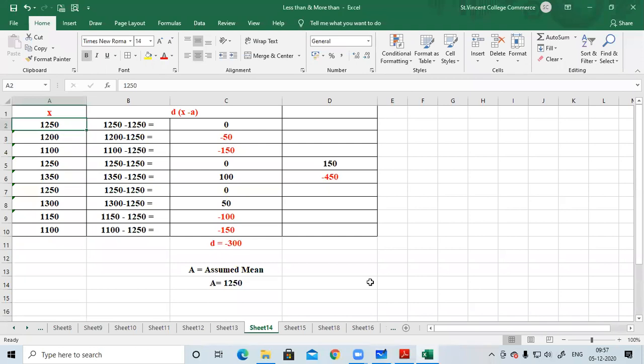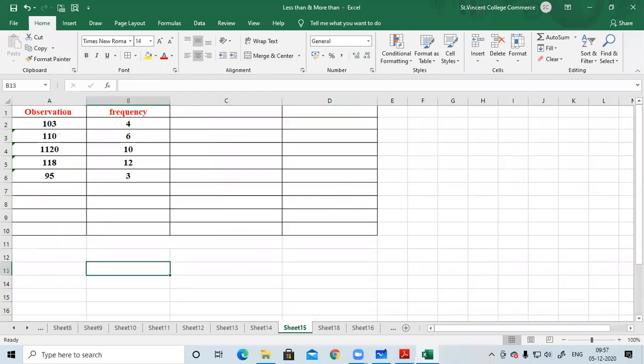Now I just proved to you why you should go towards the lower side, so that your answers do not come much in negative. Also, preferably take a round figure. Don't take figures like 12 and 13, take something like 15 or 20. So your calculations become so easy, it becomes almost like an oral calculation.